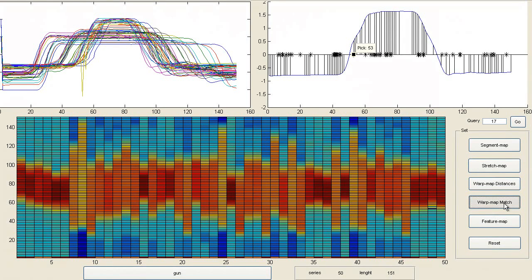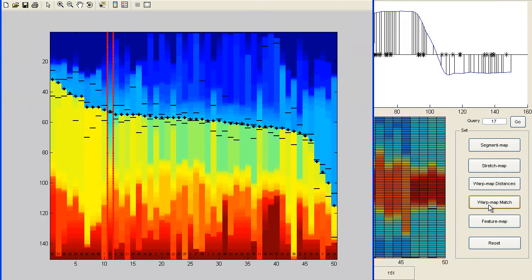Alternatively, the warp map can also be created in a way that series are ordered based on the positions of the features of interest. The time series 17 is also highlighted within a red box. Time series to the left of 17 have their big jumps earlier, whereas the time series on the right have the jump later. A stretch map is similar to a warp map, but